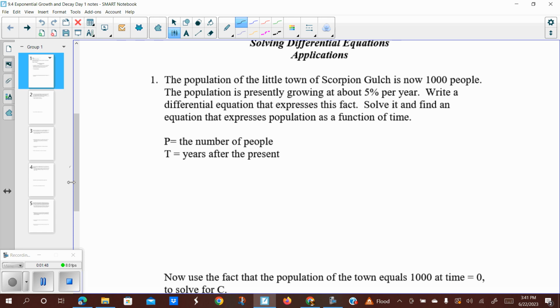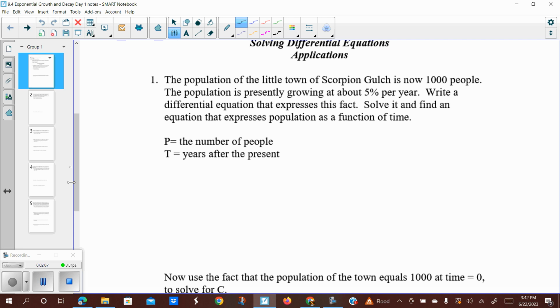Keep in mind that some of the information in here is probably a little fictitious. Scorpion Gulch, I do not believe is an actual place, although I could be wrong. And if it is someplace, I would probably guess it to be in, I don't know, New Mexico, Arizona, something like that. Scorpion just sounds like that's where it would be. Anyway,